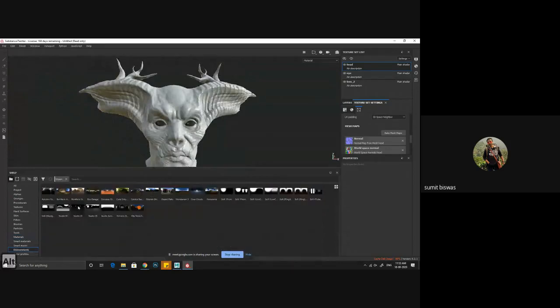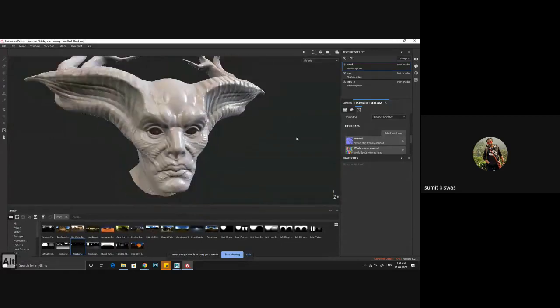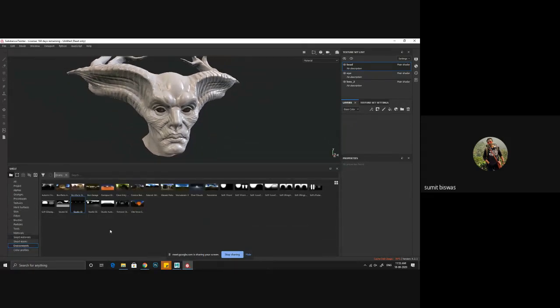So environment, I guess you know already. Use studio light. This will give you nice clean light. And for head, go to smart material, or maybe